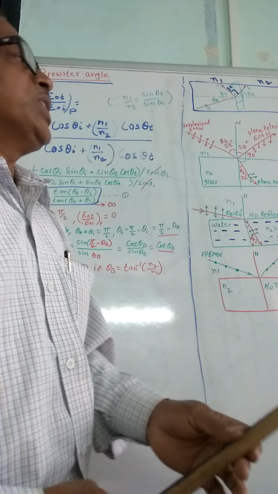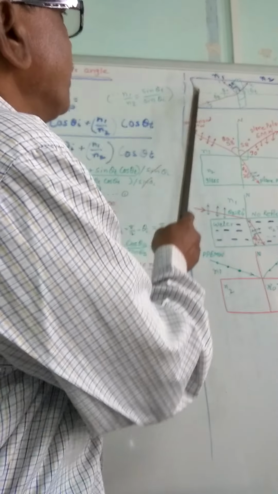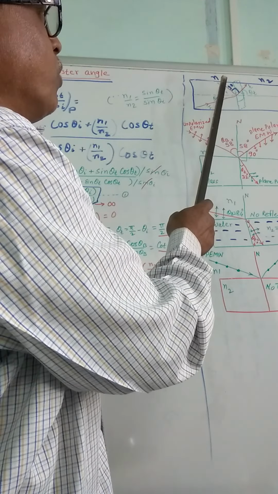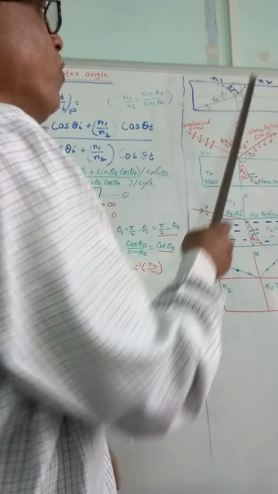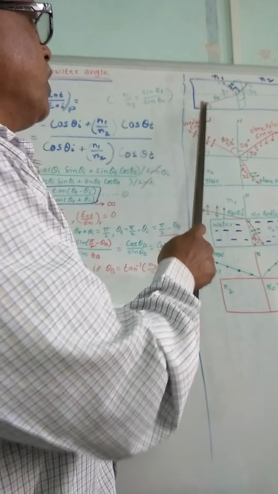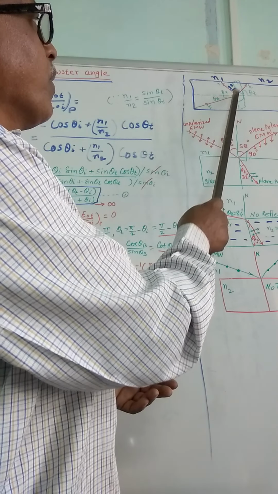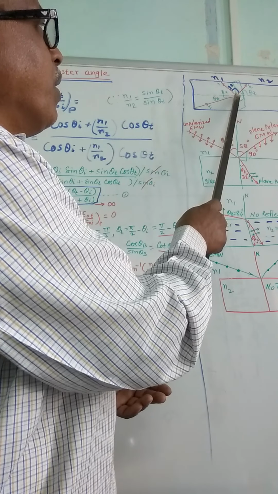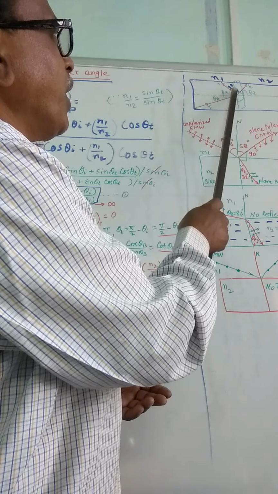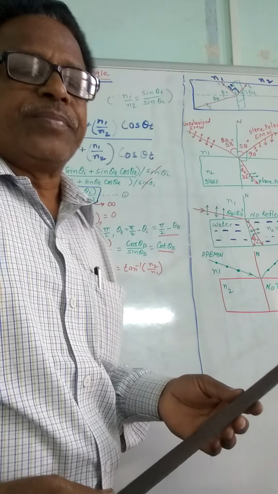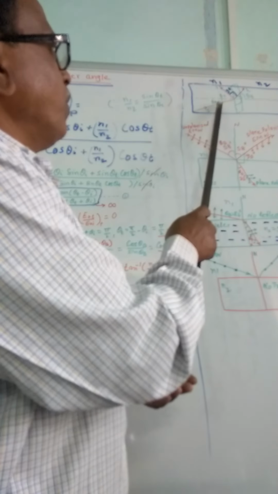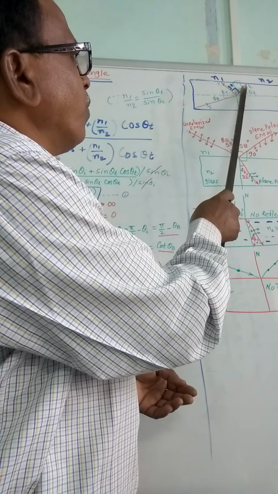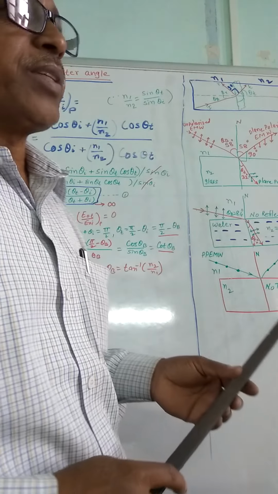Now, suppose in this case, I have drawn this figure. I have taken two refractive media, n1 and n2. This is the incident ray. This is the interface. It comes here and is incident here. After incidence, it gets reflected as well as transmitted. This is the angle of incidence, this is the angle of reflection, and this is the angle of transmission or angle of refraction.